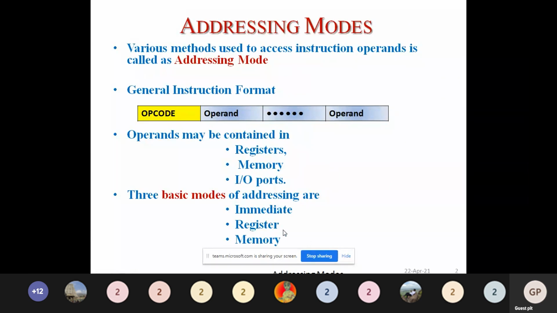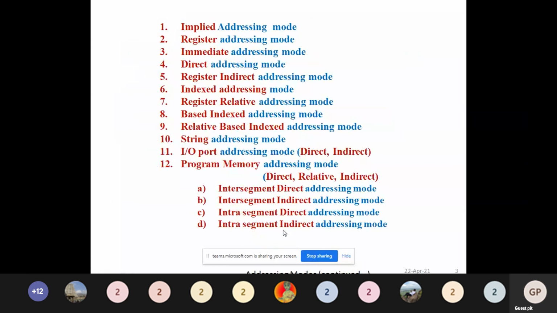So basically we have three types of addressing modes, that is register, immediate and memory. Again it can be classified into implied, register, immediate, direct, indirect, index addressing, register relative addressing, based index addressing, relative based index addressing, string addressing mode, IO port addressing mode, program memory addressing mode. In program memory we have direct, relative, indirect.